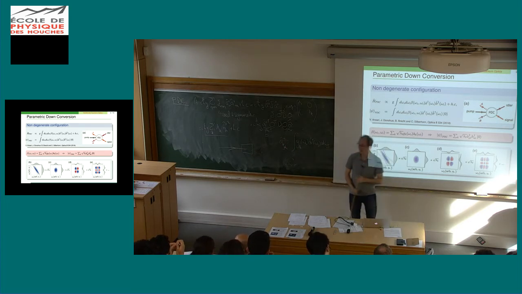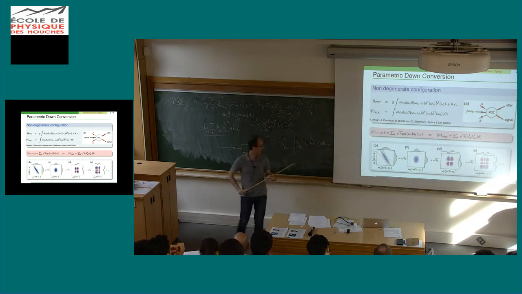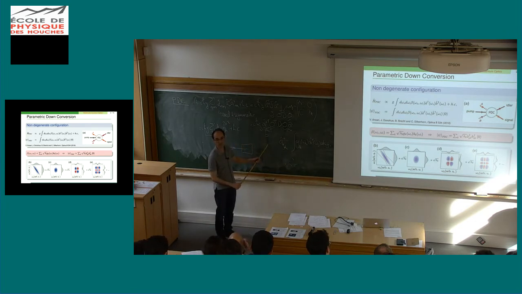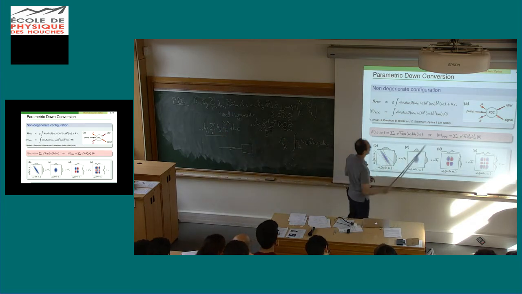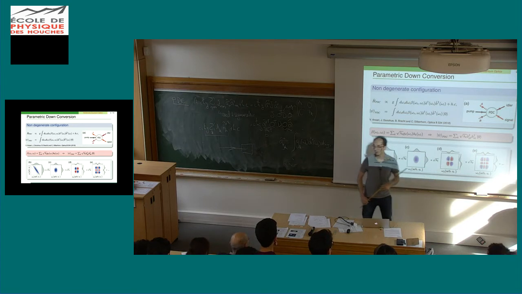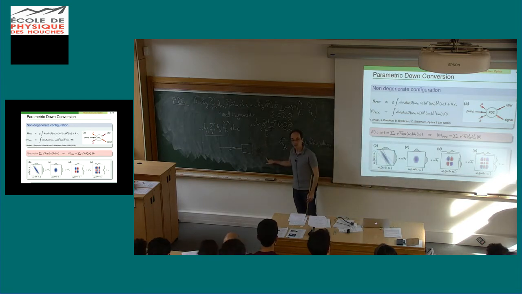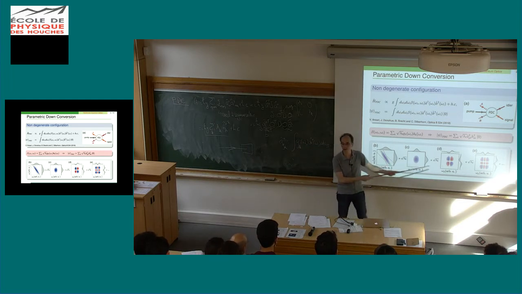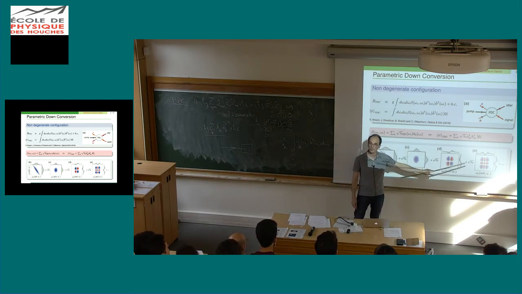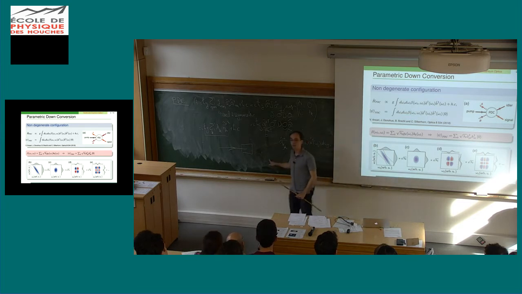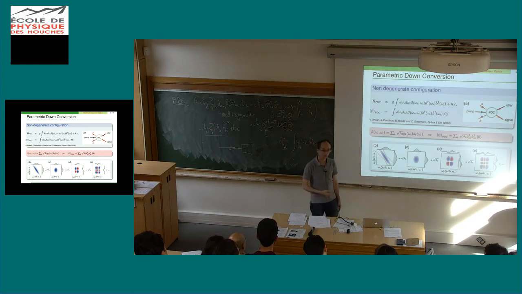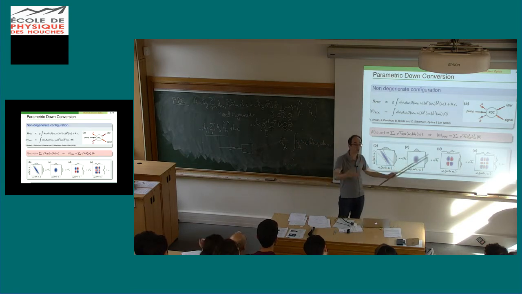Okay? So what it means is that if I detect a photon here, I don't know which one it is. So I don't know if it's a photon from a G1, G2, G3. I don't know. So it means that the photon I have here is a statistical superposition of a photon on H1, a photon on H2, a photon on H3. So now what I have is a photon which is a non-pure state, which I cannot write as a single photon anymore.